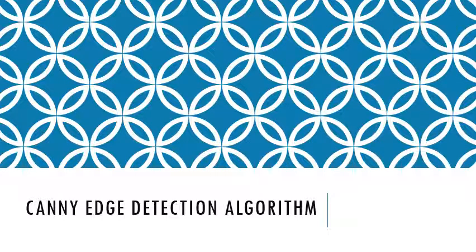In previous lectures, we have already learned a few of the edge detection algorithms, like using the Laplacian operator and the Laplacian of Gaussian operator. So this is a new algorithm which is used for edge detection. If you compare it with the previous ones, it is a very complex algorithm, but it is also superior in edge detection and is the most widely used edge detection algorithm. So let's see what this algorithm is.